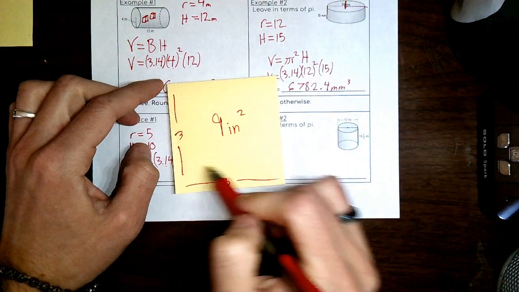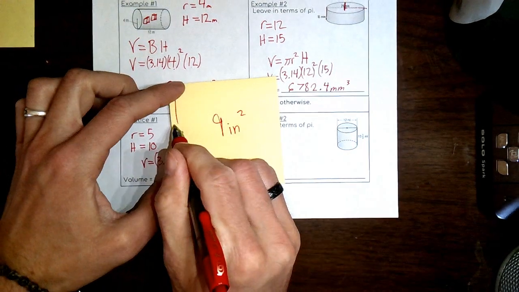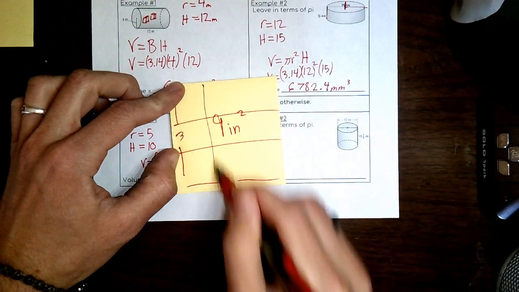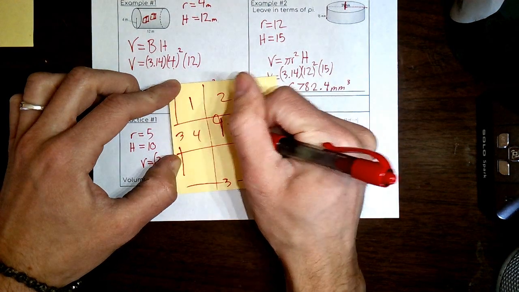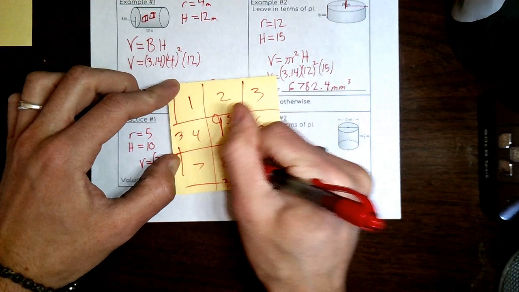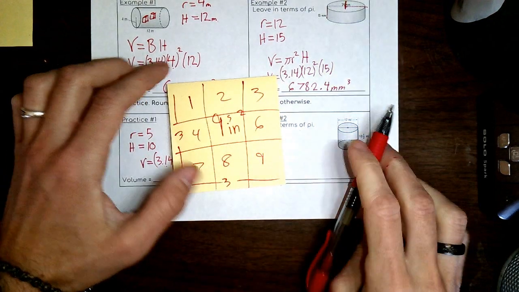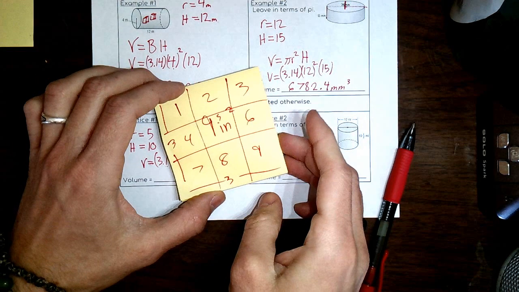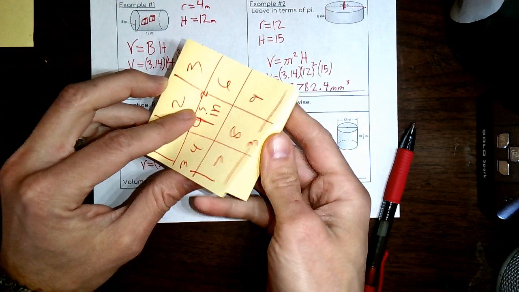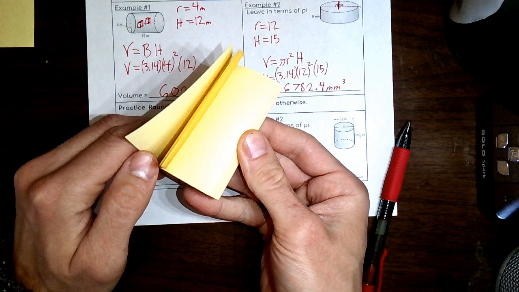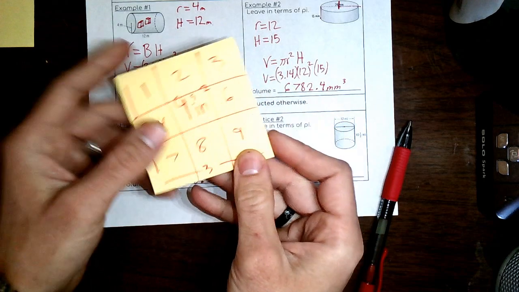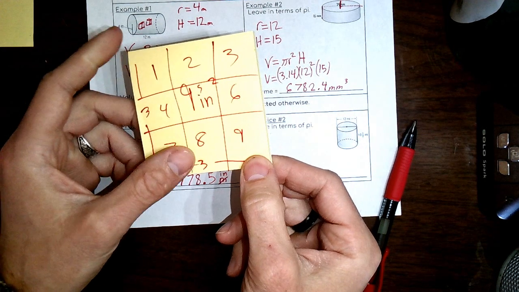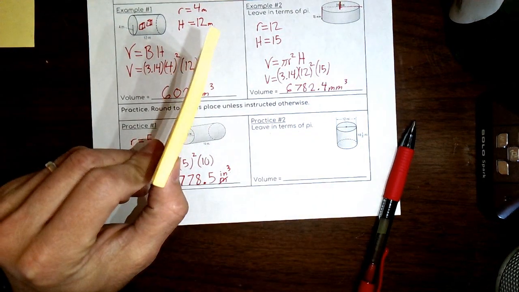So literally we have a square that has 1, 2, 3, 4, 5, 6, 7, 8, 9 squares on it, right? So that's the area. Volume now, if you think of a book, it's a bunch of areas stacked together. That's one way to think about it, like the layers of a cake, right? And so how thick is the cake? How thick is the book? Well, not very thick in this case, but